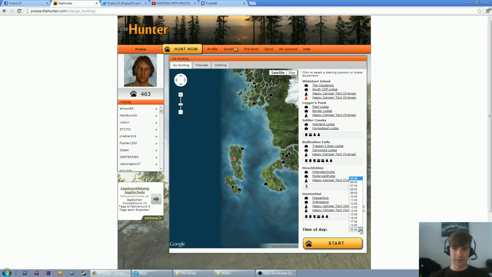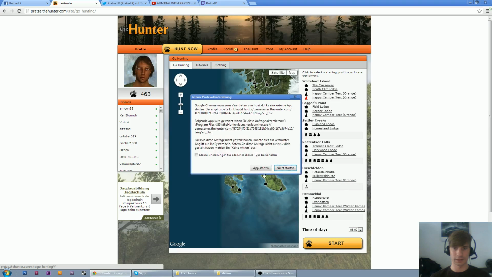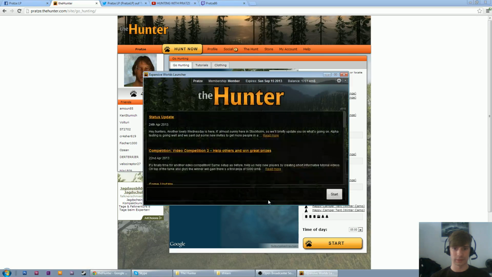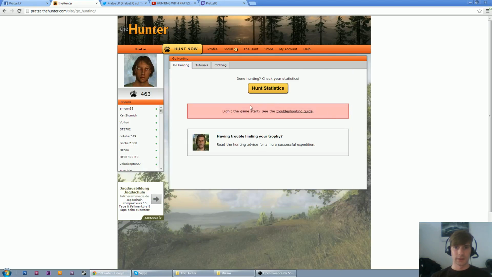And then you can adjust the starting time here and just go on start. The launcher will pop up, and you have to press start again. So now